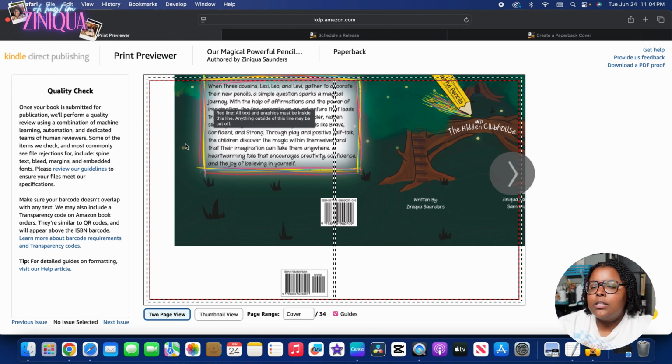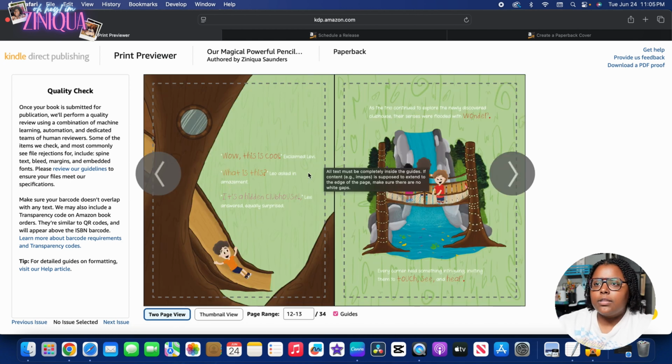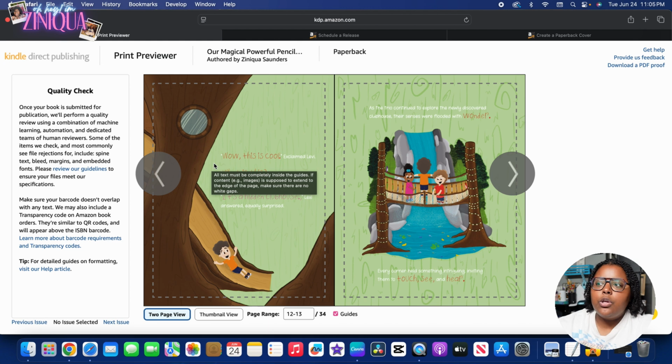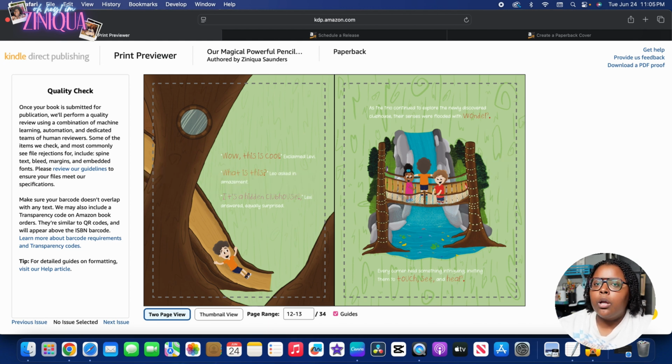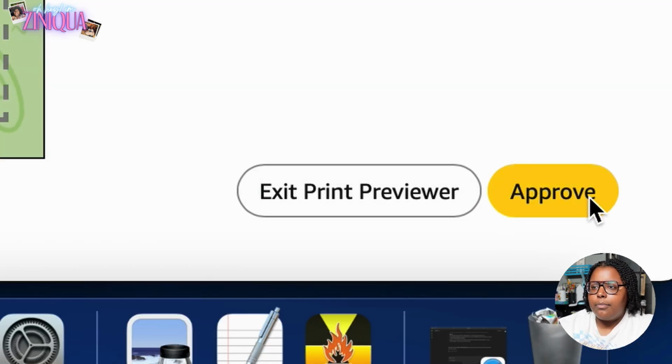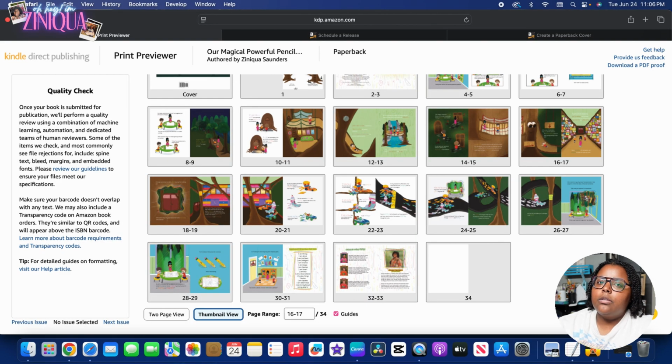Obviously, like I said, this was my cover for Ingram Spark, but if your cover is the correct dimensions, then this would be filled completely. At this point, if something was off, this is where you would exit the print previewer, get it all situated, and then re-upload it. And then once you re-upload it, you can come to print previewer, and then you would select approve down here in this bottom right corner. But I'm gonna go ahead and approve this so that we can move on to the next part of this